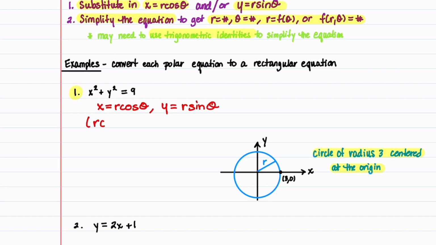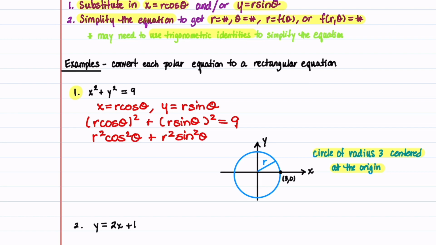This gives us r cosine theta quantity squared plus r sine theta quantity squared is equal to 9. This is r squared cosine squared theta plus r squared sine squared theta is equal to 9. We see that there's an r squared common to both of the terms, so we can pull that out. And we write it as r squared times cosine squared theta plus sine squared theta